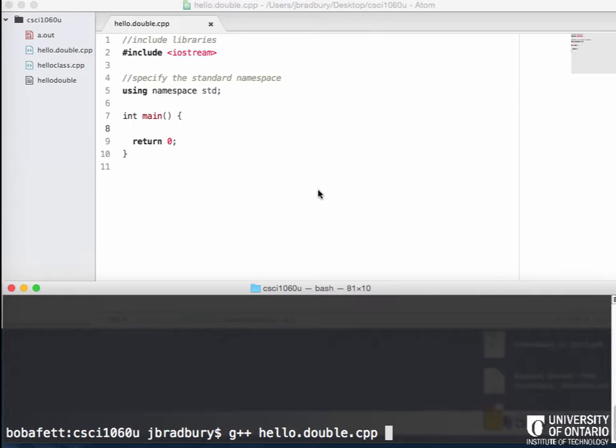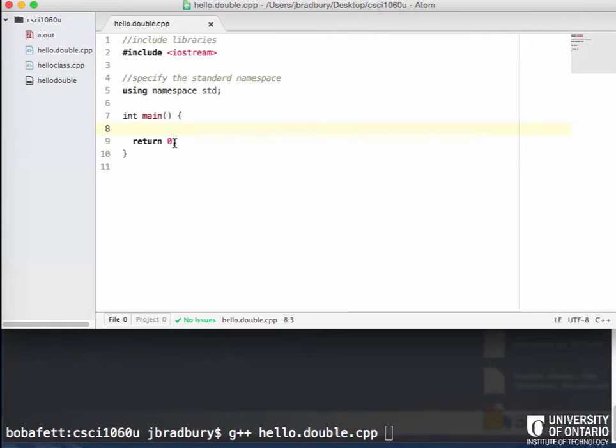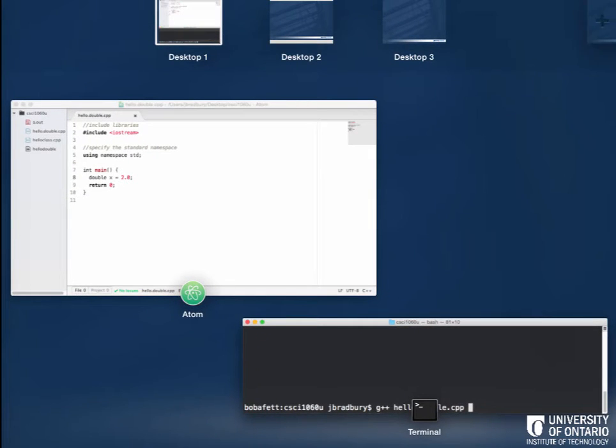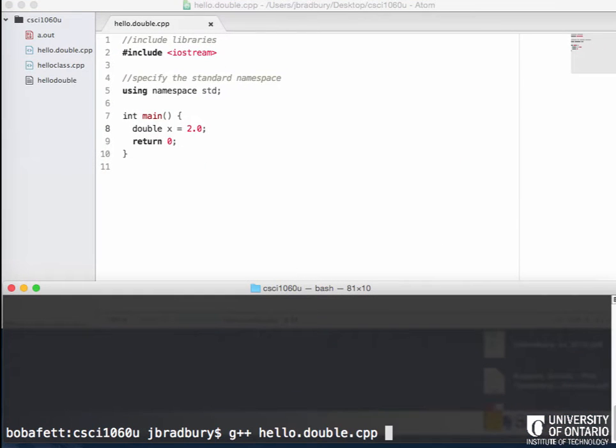Okay. So one of the questions that got asked was, what happens if there's an error, right? One of the things that we want to do today is we're going to use this example just as an introduction to how to declare and initialize and work with variables of different types. So for example, we have a double. We're going to create a double x, and we're going to set it equal to 2. Okay? If we go now and we compile this,